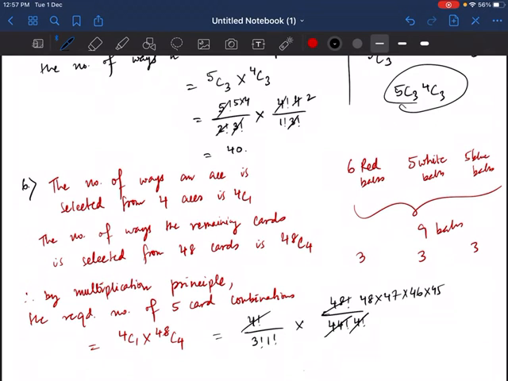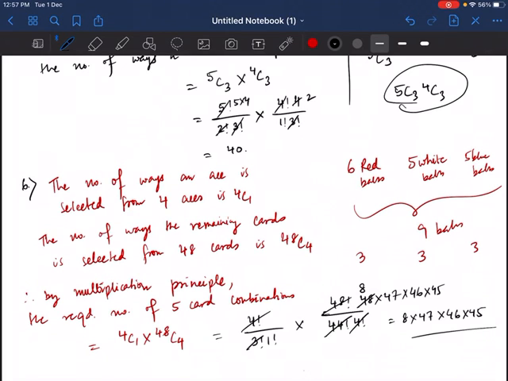It's too much. Now 3 factorial is what? It's 6. 3 into 2 into 1, that is 6. And here you see you can cut 3 factorial with 48. 8 sixes are 48. So we will write here 8. So all you have to do is multiply 8 into 47 into 46 into 45, and you will get your answer. So this is how we solve question number 6.